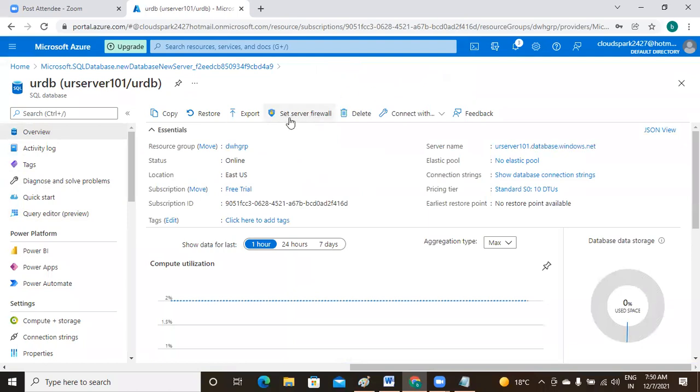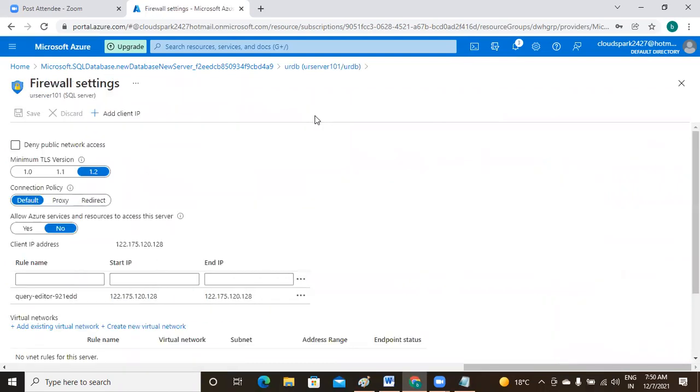Here there is an option set server firewall. Just click on this. So this is the IP address, what you have added now. Got it? This IP address you have added previously. Now your client can connect with